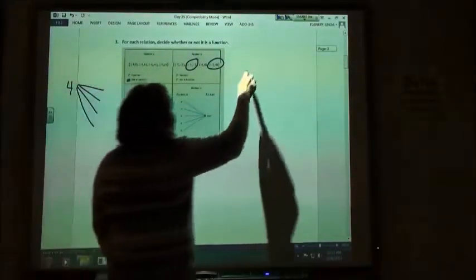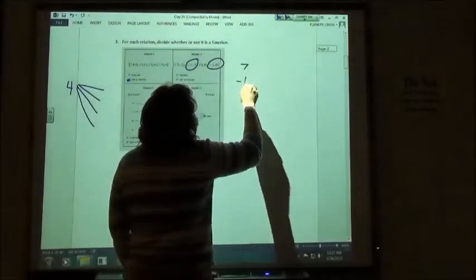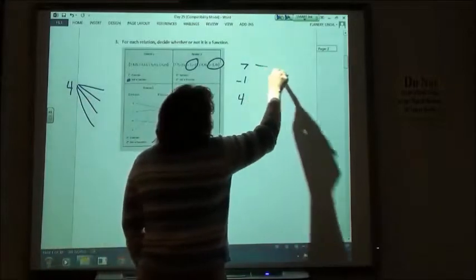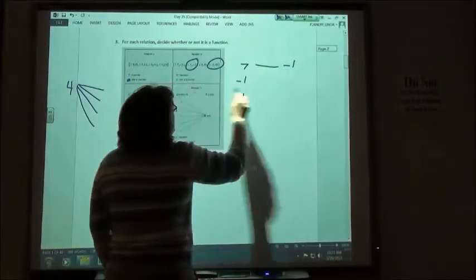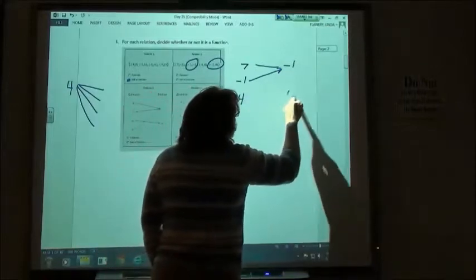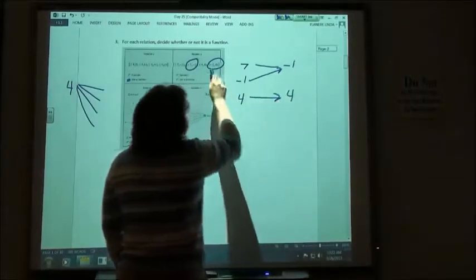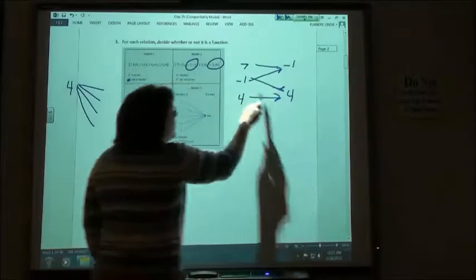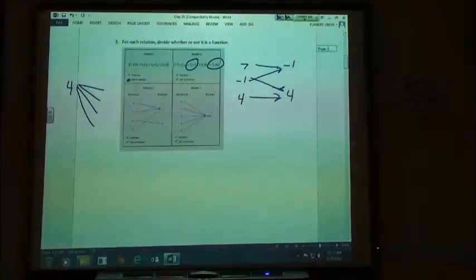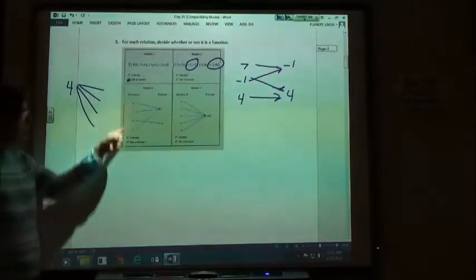So if I were making my list, I'd have a 7, a -1, and a 4 for my x values. 7 goes over to -1, -1 also goes over to -1, 4 goes to 4, and then -1 goes to 4, so -1 goes to 2 different things, right? So if I were drawing the arrows like they have here,